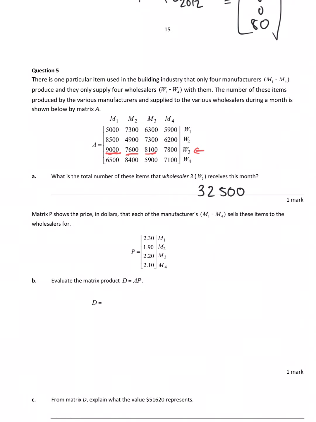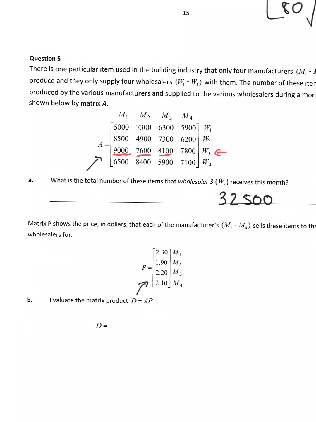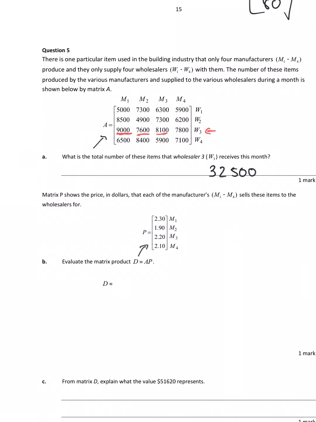Okay, matrix P shows the price in dollars that each of the manufacturers, M1 to M4, sells these items to the wholesalers for. Okay, so we've got matrix P. Okay, evaluate the matrix product A times P. Okay, so all you've got to do is take this matrix A and times it by P in that order. Okay, so I'll quickly do that. Okay, so that works out to be, oh, I'm not sure why that went crazy. That works out to be a 4x1,